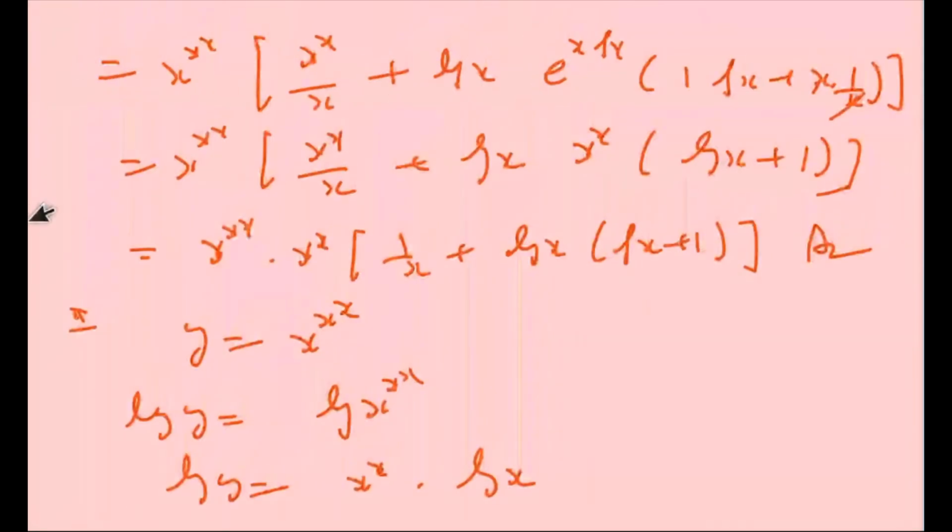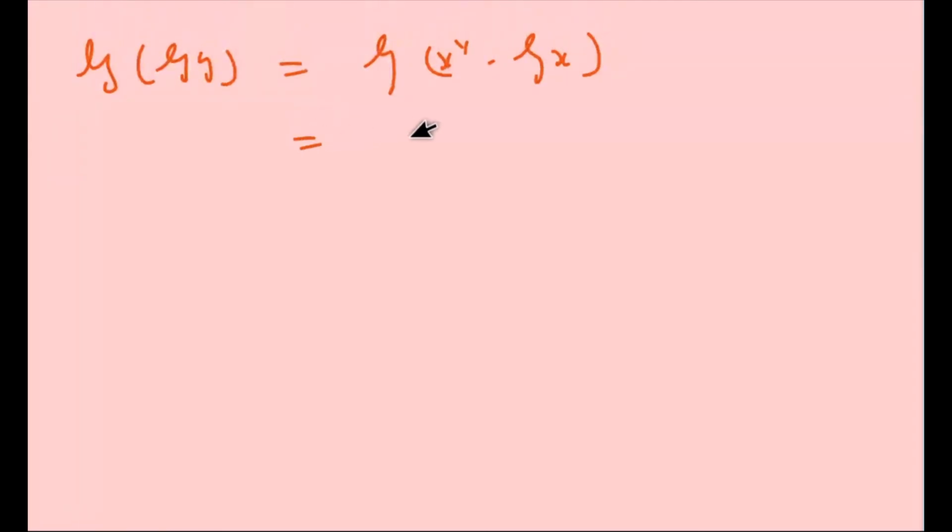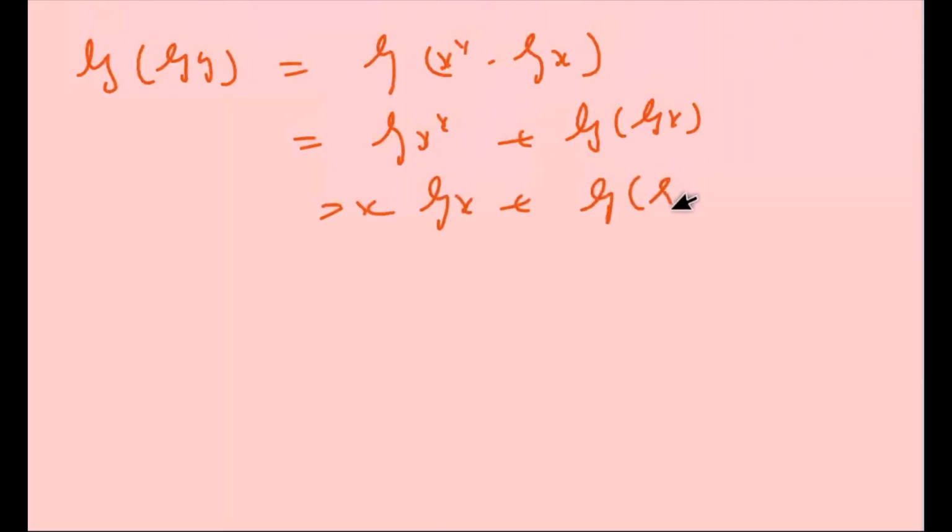Using the log mn formula, you can write this way: log of log x, and taking x here, log of log x. First you have to simplify this way. Now on differentiating both sides,